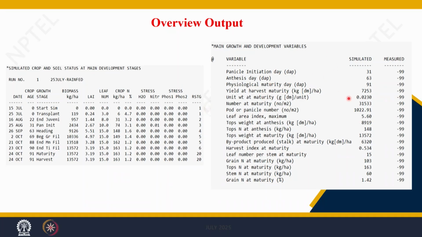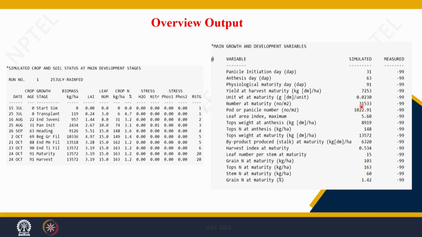You can see the model simulated the panicle initiation day around 31 days after planting. Anthesis, the flowering day, is 63 days after planting. The crop matures at 91 days after planting, and the yield at harvest maturity is 7253 kg per hectare. So, unit weight, that is the single grain weight, is 0.023 gram, and the number of grains at maturity per